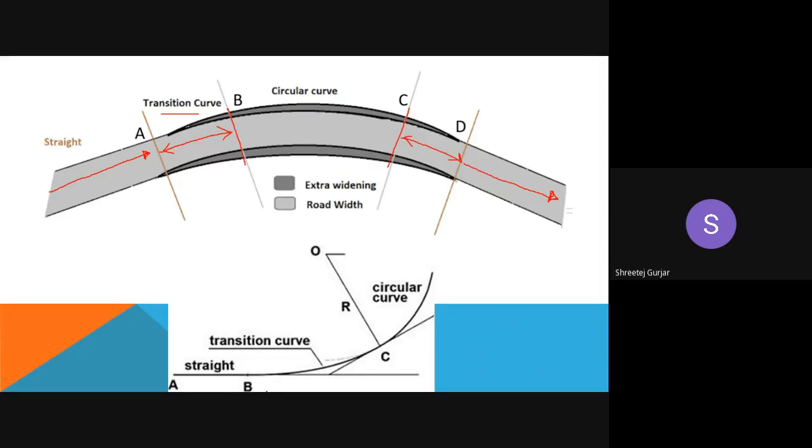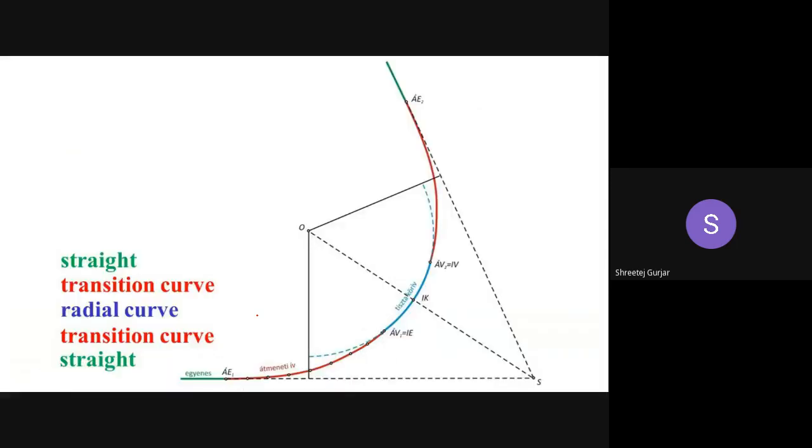At the bottom picture also you can see clearly we have a straight road over here, and then we have a circular curve starting from C. This is the circular curve, and to enter into the circular curve from the straight, you can see we have a transition curve which is provided from B to C. So this is the radius R of the circular curve, not of the transition curve. A transition curve has a varying radius, not a constant radius. I hope you have got a clear idea of what a transition curve is and where it needs to be provided.